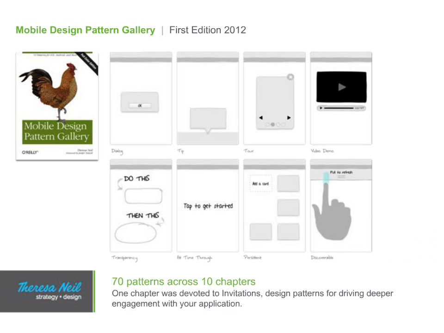And in the original edition of the book, I had a number of different patterns. I think there were 8, including dialogue, tips, tour, video demo, transparency, first time through, persistent, and discoverable patterns for invitations. I was pretty proud of these. We collected screenshots for all of these different examples and had prepared information explaining how each of the patterns could work. Then moving ahead,